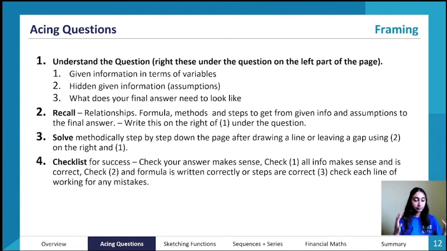So let's take a look. The first step is to actually understand the question. Read it again. Okay. Now you're going to first take a look at the actual key variables. So what would your X be, or your Y be, or your A, R, N, whatever the variables are, point them out and say X is equal to this, Y is equal to this, when blah blah blah, then blah blah blah. Whatever the question says, write it down the way that your brain will best comprehend it for the question. The second thing is to look for the hidden given information.